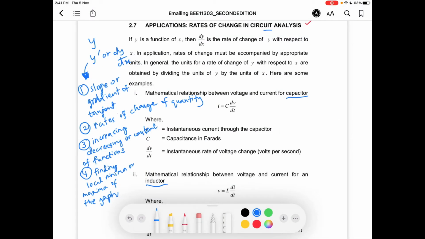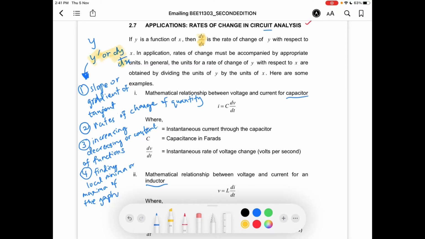Okay guys, so let's finish up this chapter, the last one, which is applications, rates of change in circuit analysis. So again, let's do a quick recap. Let's say we have a y function. When we try to find the dy over dx, or the y prime,